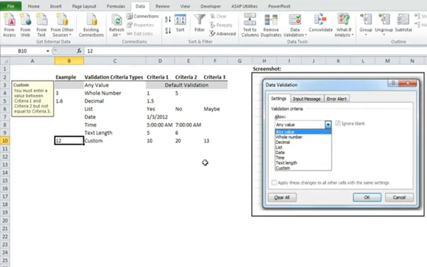So that's mainly how data validation is used. You can do it in many different ways to accomplish all sorts of different results, but that's the main way for how to set it up,